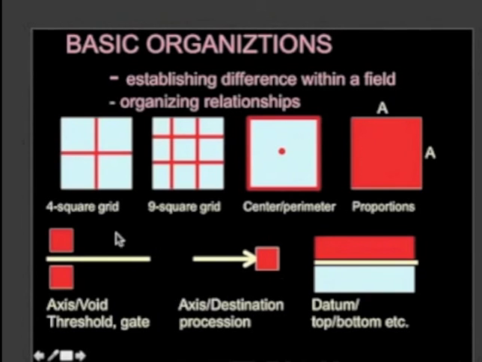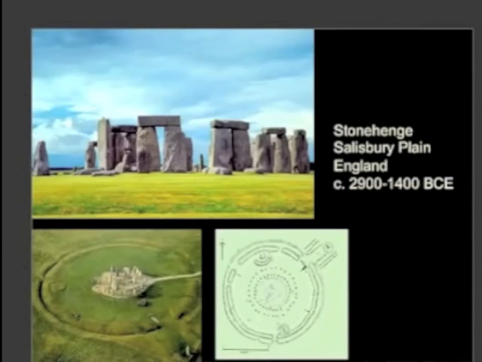And we spoke earlier about the notion of axis. And the axis can be configured in different ways. Here we see the idea of an axis threading itself through a gateway, an axis organizing a path along a void, but an axis can also operate toward a destination. So these are kind of figure ground reversals of how an axis locks into its space. Here, the axis operates through the void. Here, the axis operates by targeting solids. And here's our friend datum again. There. Now we know everything that has to do with architecture.